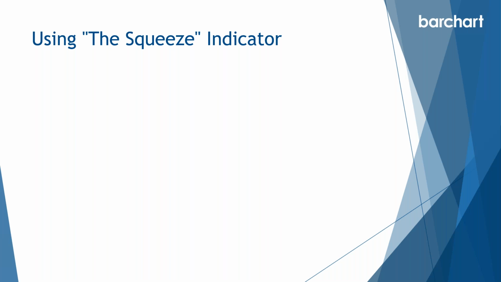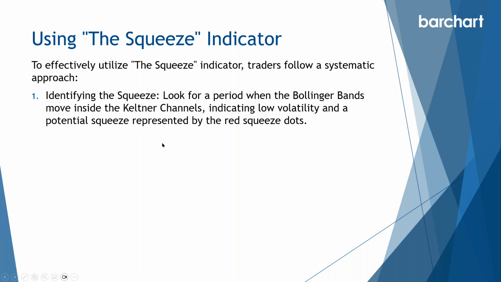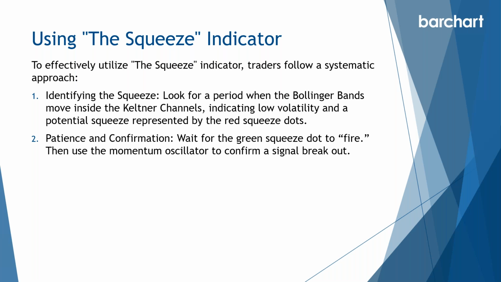So we're going to talk about this using the squeeze. Again, identifying the squeeze, we're going to look for periods when the Bollinger Band is inside the Keltner channels, an indication of low volatility. A potential squeeze is presented by that red squeeze dot. That's the setup. Then we're going to wait patiently for a confirmation. We're going to wait for that green dot to fire, and then use the momentum oscillator to confirm that signal